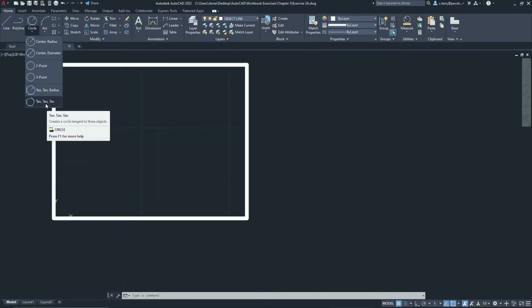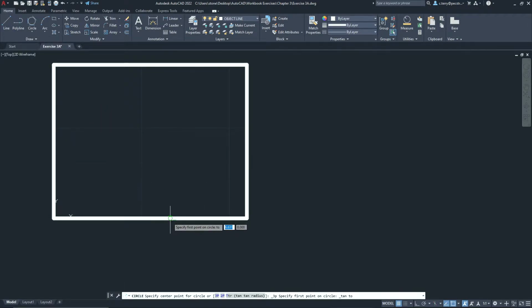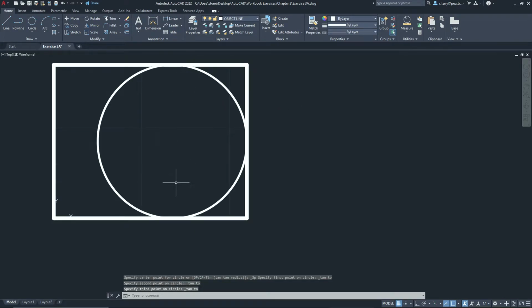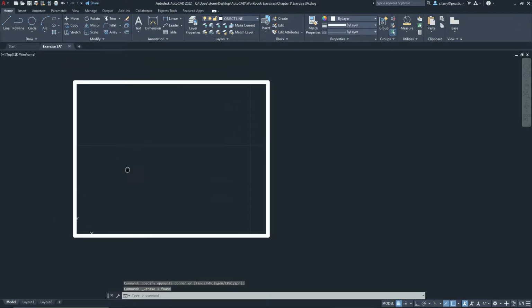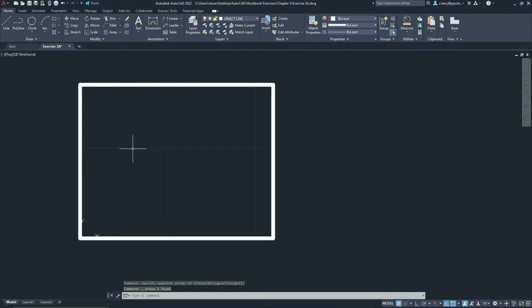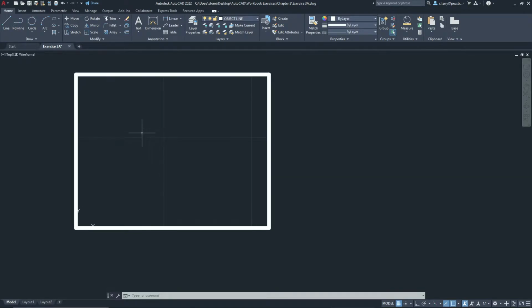Finally, we have tangent, which is just going to ask me to draw a tangent here, and then let's pick one there. Now, the 3 places that I picked, it put the circle there, there, and there. Really, that's all there is to know. These are developed this way for different situations, so it really depends on what you're using it for. Another way, you can type in circle,